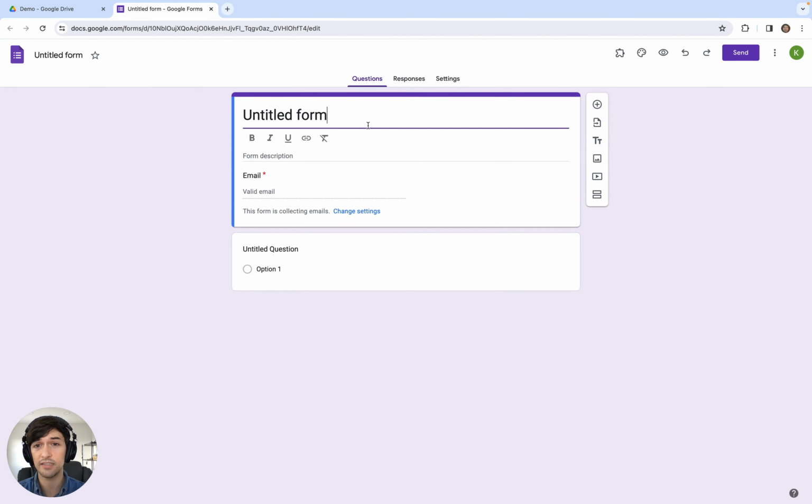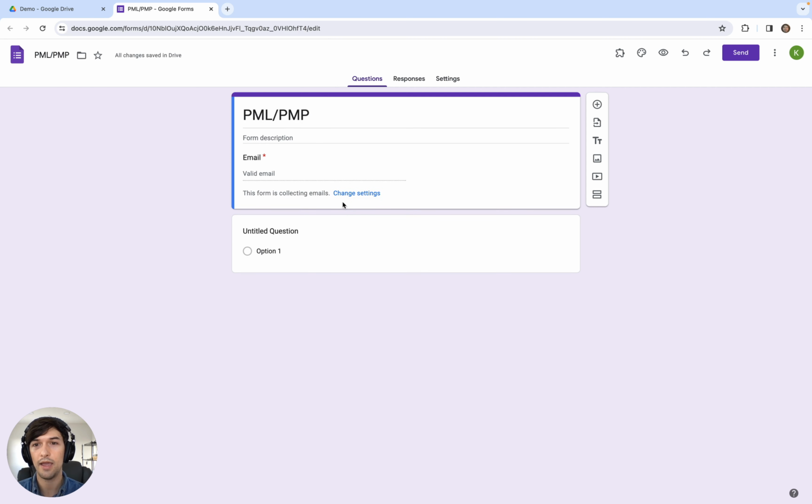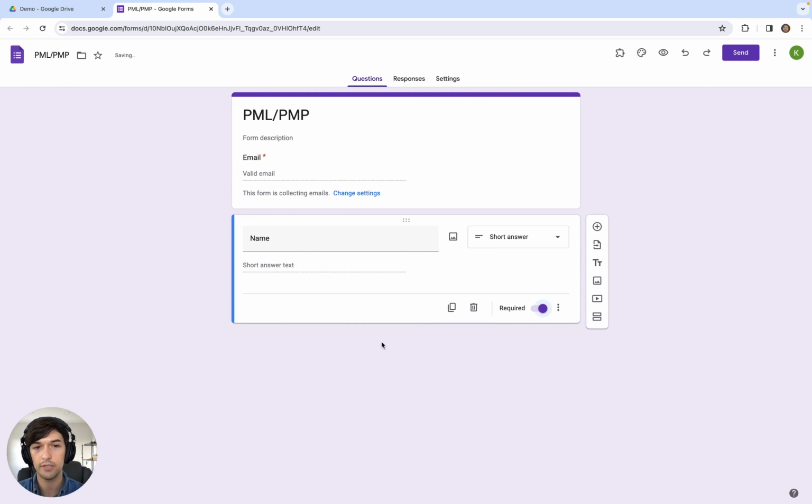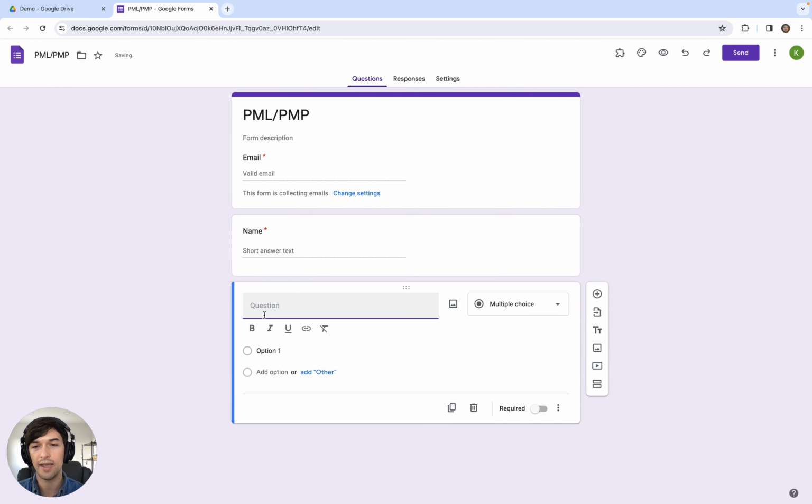So let's say this is for private money lenders, PML/PMP. You can name it whatever you'd like. And it's going to automatically collect their email here. Let's say we want the person's name. So it's going to automatically choose short answer for us. We're going to make that required. We're going to add one here for their phone number,